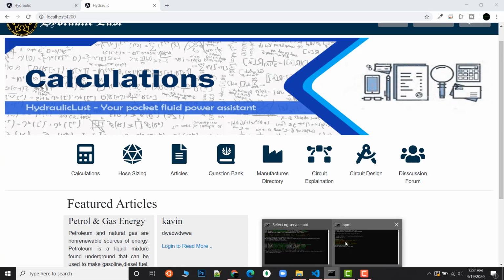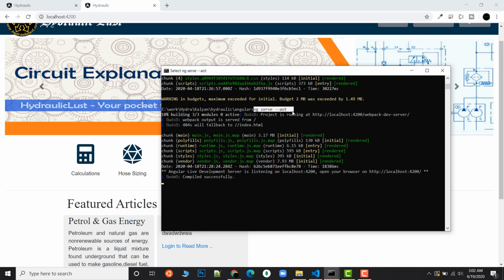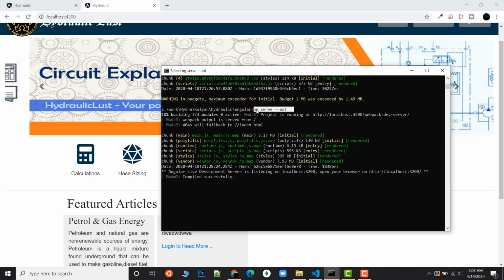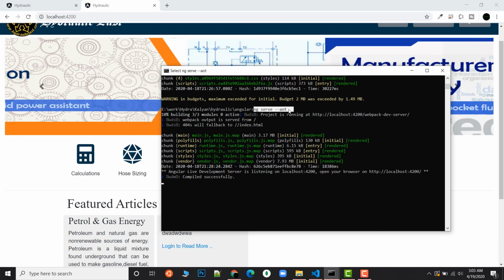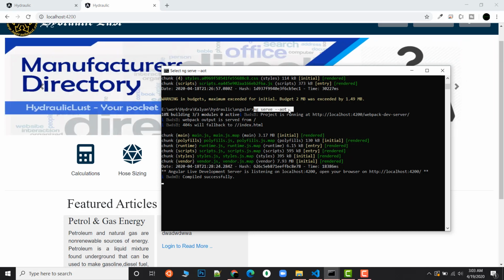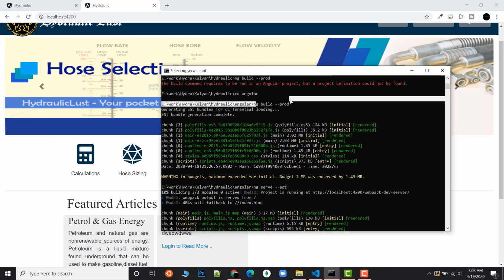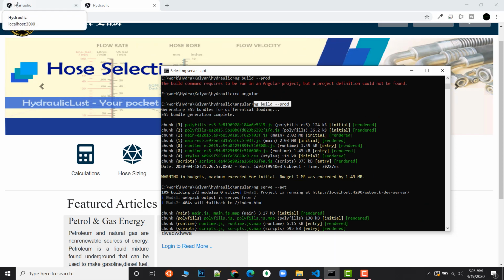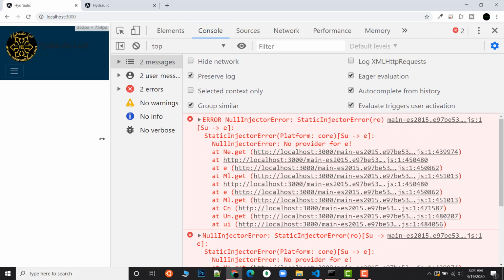Even you can see over here I've run this site with the ng AOT flag. It means your Angular app is running fine with ng serve AOT, and it is also working fine with the ng dev build, but the issue comes with the prod flag every time. And the prod flag is very important because you can't deploy a site directly in an environment without the prod flag, because there will be a lot of complexity issues and the site will not give a good response. So the thing is how to resolve this error.